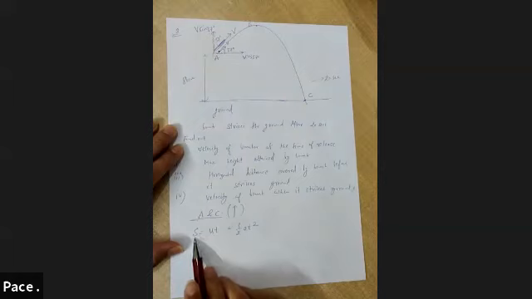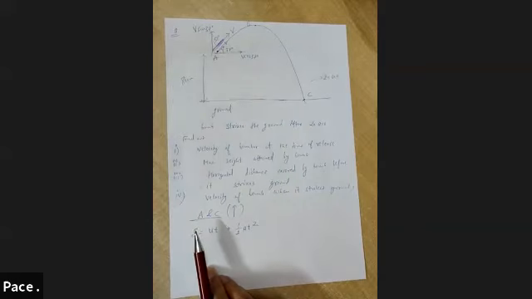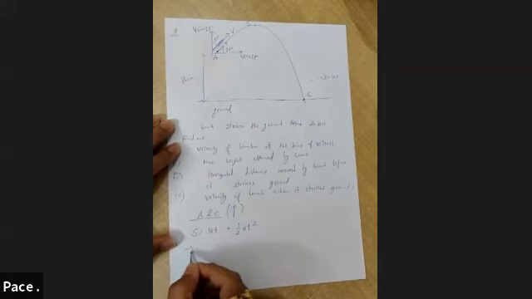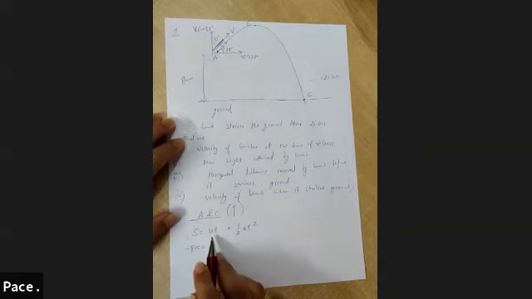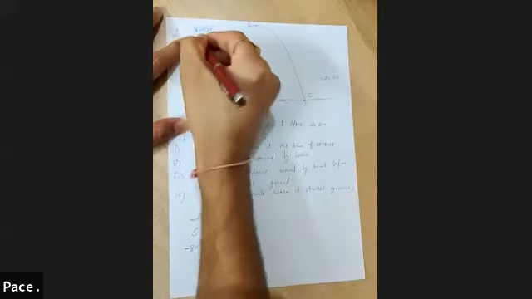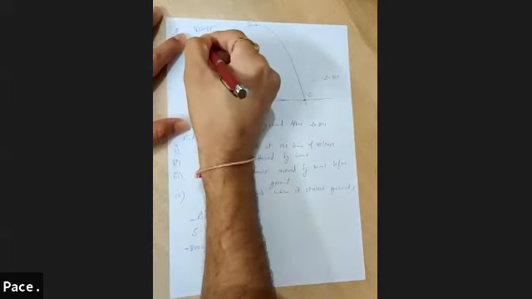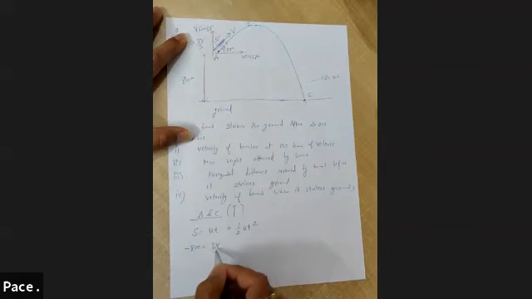So what is the vertical displacement between points A and C? It is 800, and that too with a negative sign. Why? Because with respect to the initial point, we are going down. So this S would be minus 800 is equal to, now this U would be the initial vertical velocity at point A, which is V sine 37. And what is the value of sine 37? Sine 37 is simply 3 by 5. So this would be 3V by 5, with a positive sign because it is in the upward direction.